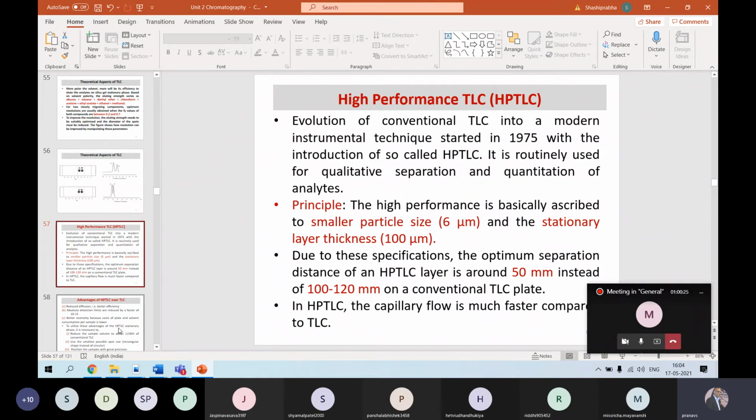So this is the third thing which you do in HPTLC, that you spot your sample in a rectangular profile, not in a spherical profile as you do in TLC. So this is a very, very important, striking difference between how you perform the TLC and how you perform HPTLC. These 3 aspects, and of course the instrumentation which comes with it.